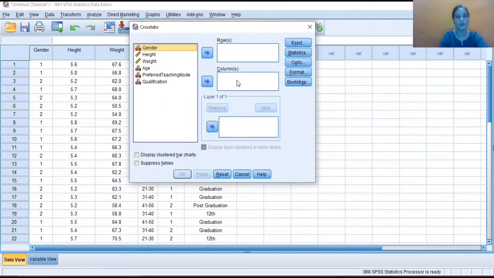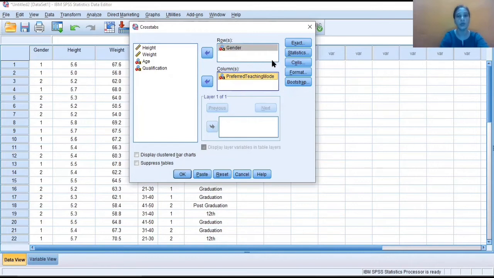Here we need to shift our two variables. Suppose I am taking gender firstly, so I am shifting it in the row, and the second variable, preferred teaching mode, I am shifting to the column. It is not fixed which variable we need to put in the row box or the column box. Whatever you like, you can shift in the row box or in the column box.